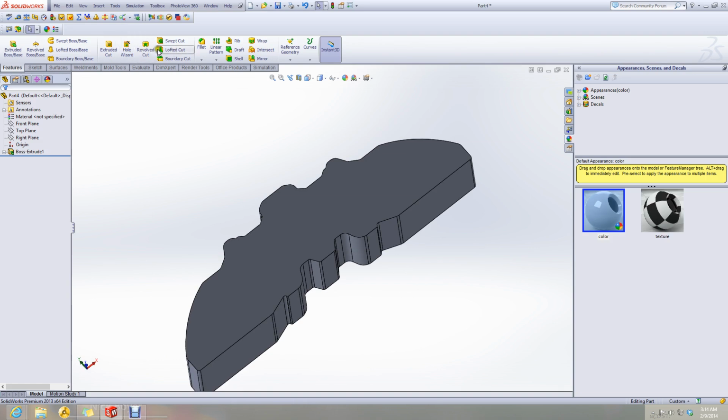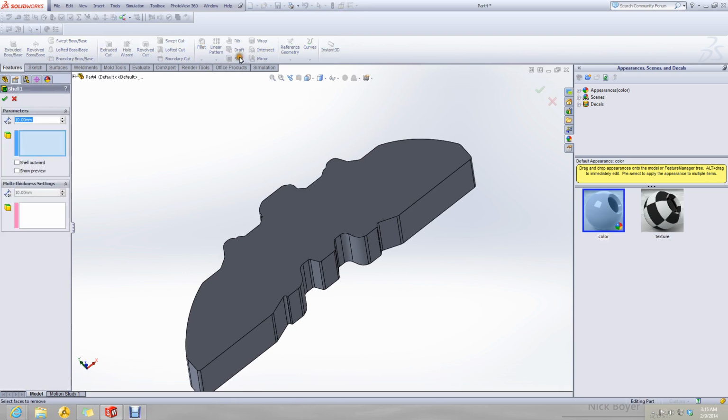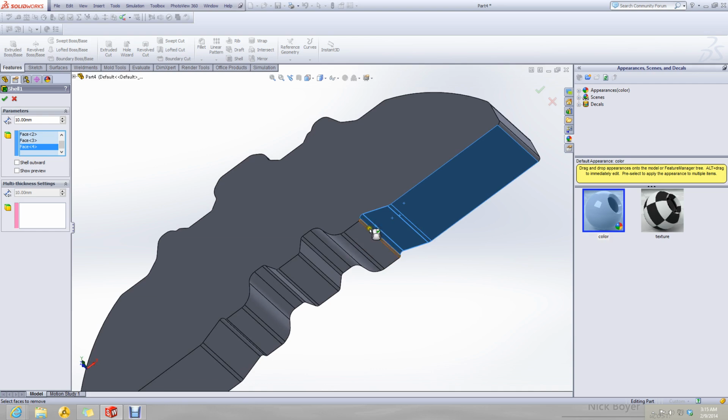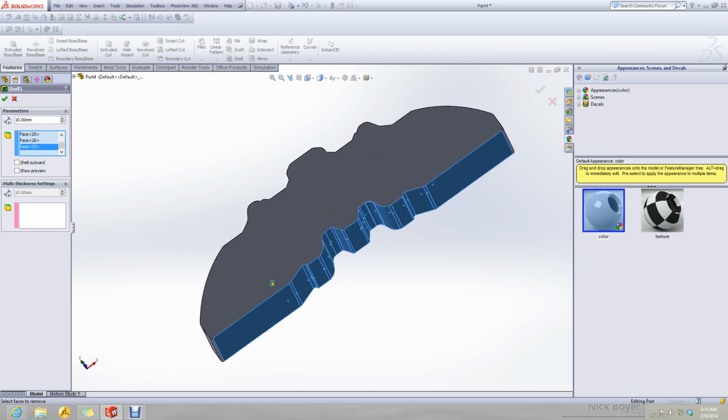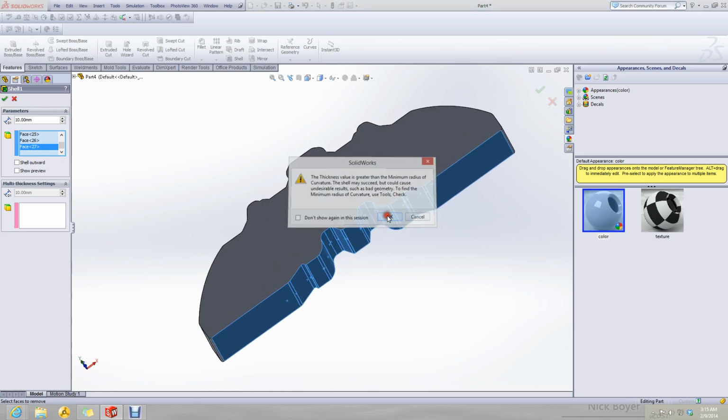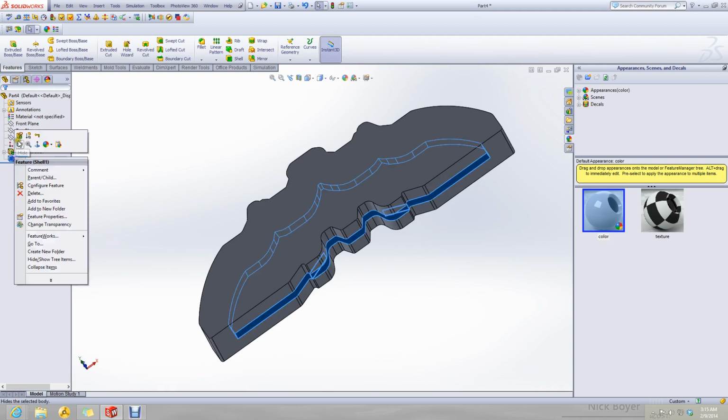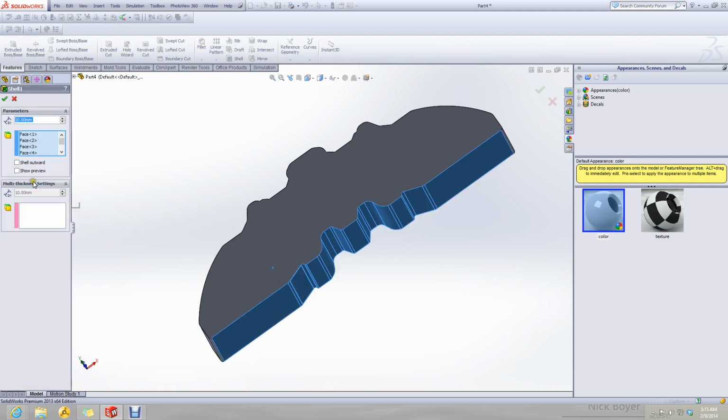Let's try to use the shell command. Let's use the thickness to be 4 millimeters.